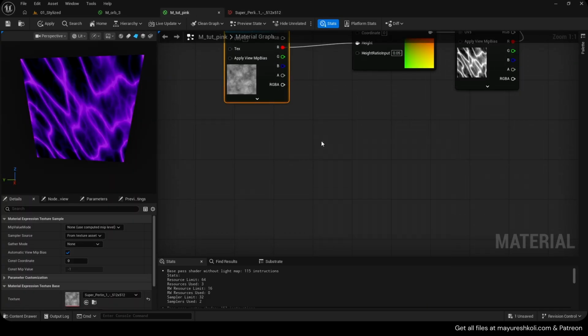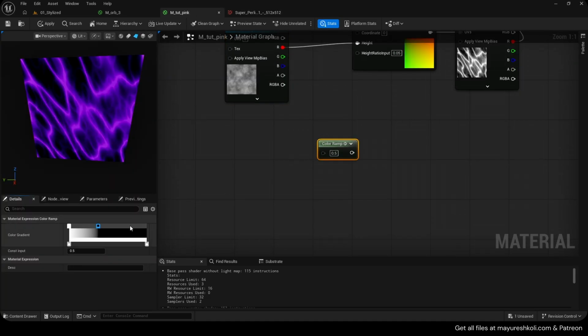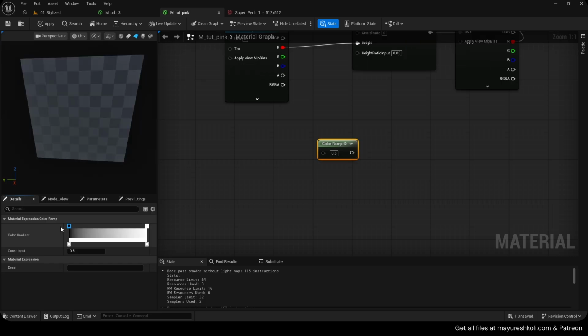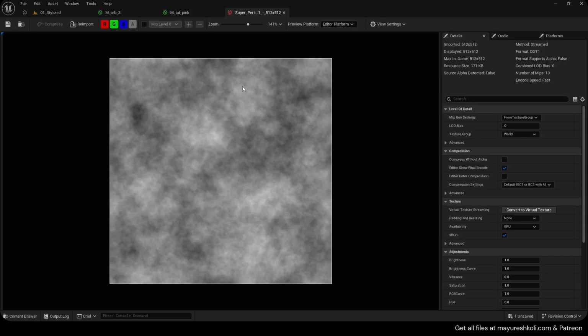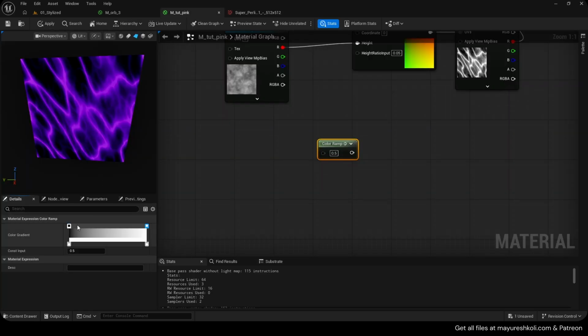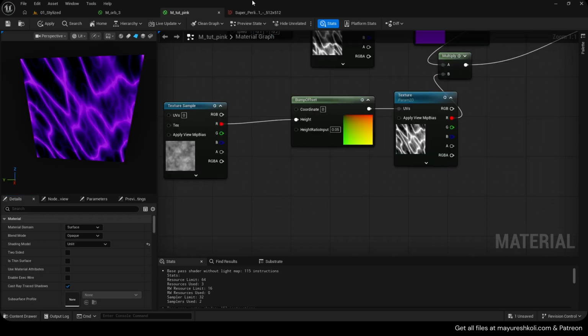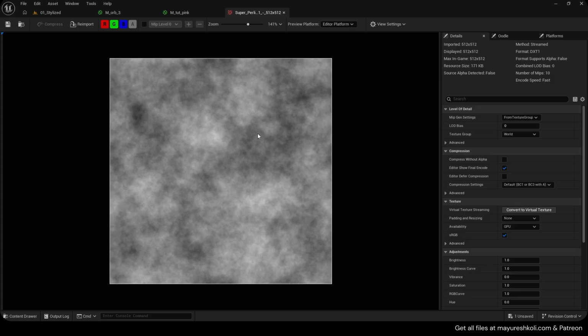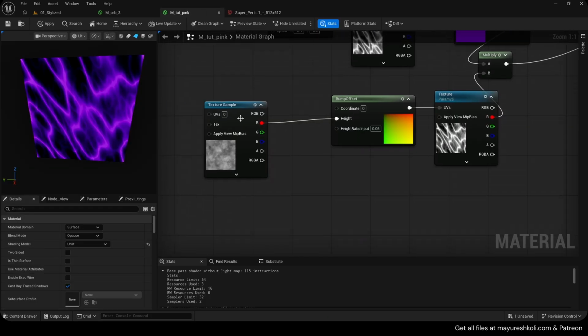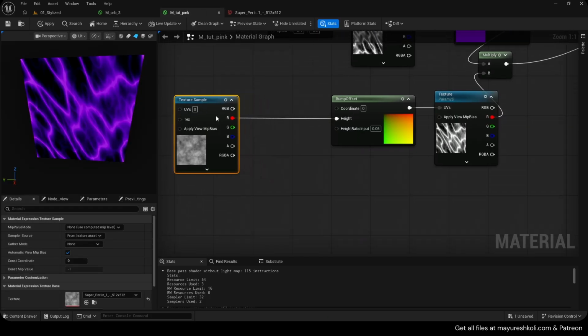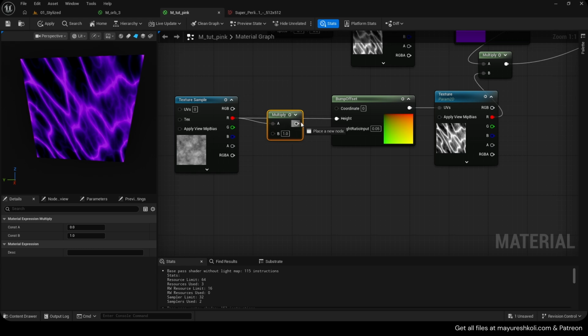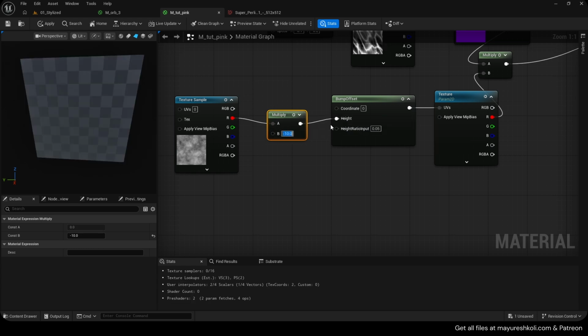If I add a color ramp and show you this one, any pixel on that texture which is fully white would be 1, fully black would be 0, and 0.5 would be this color, 0.1 would be this color, 0.9 would be this color, and all that. So again, a texture is nothing but values, different values. So right now 0 to 1 is not showing much difference. So if we multiply this by negative 10,